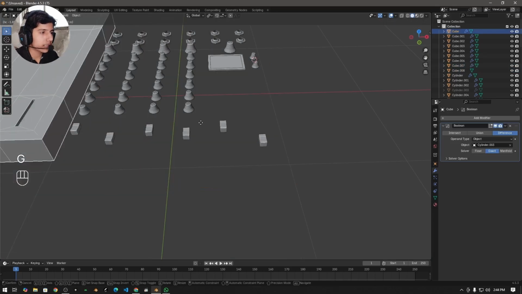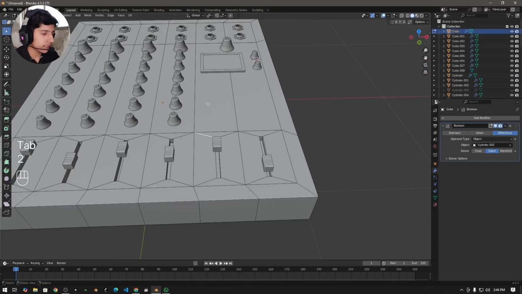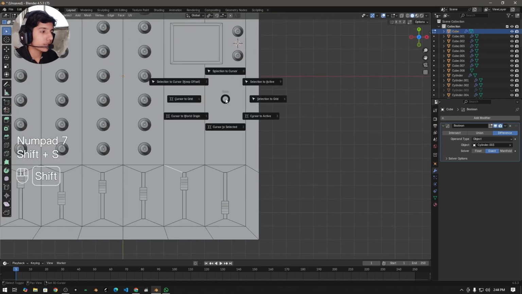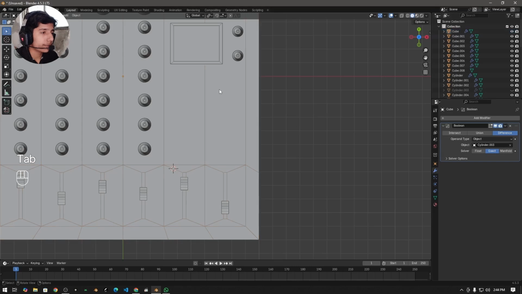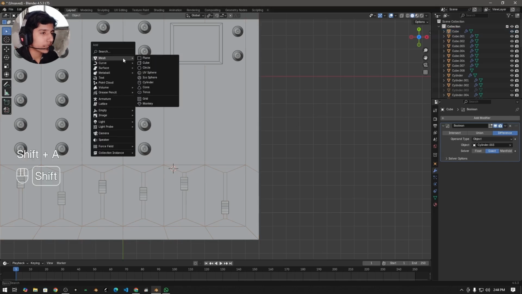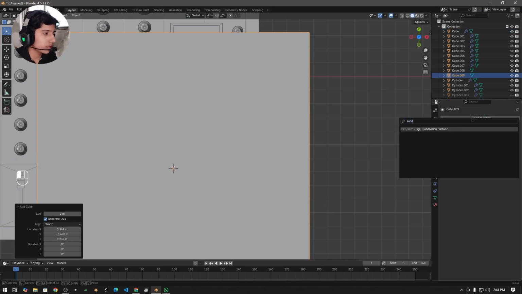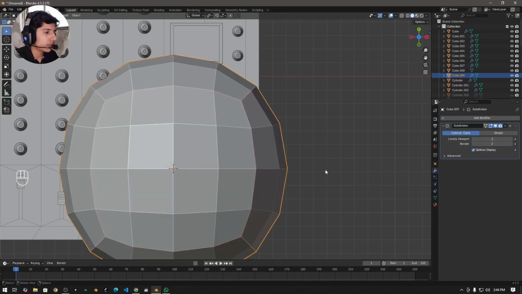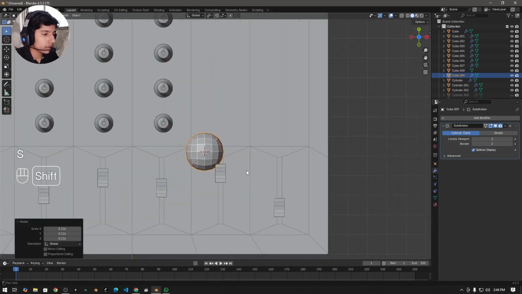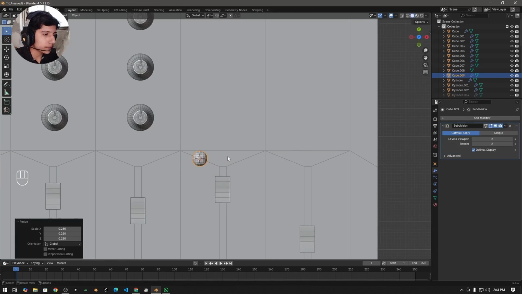So now just select the main board, go into edit mode, select this edge and then press Shift plus S on your keyboard and click on cursor to select it. Now we are going to press Shift plus A and add a cube here. Now add a subdivision surface modifier on this cube to make it round, a circle, and then increase the level to 2. Now scale it down something around here,